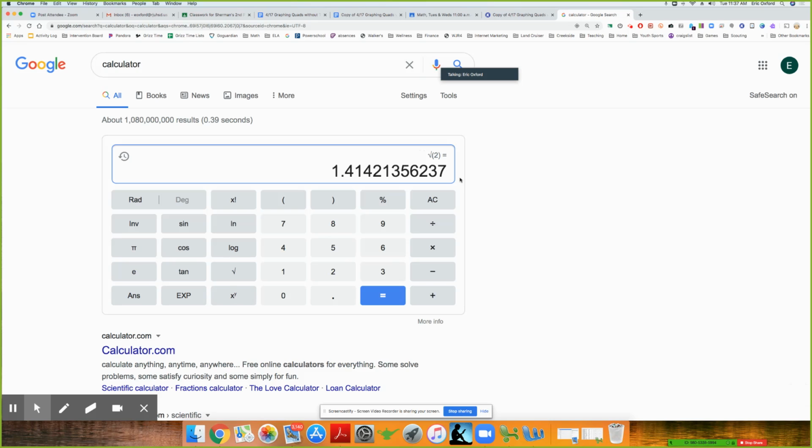1.414213562337, and so on. It doesn't, nothing repeats. Like you don't get a 4-1, 4-1, 4-1, 4-1. You just don't get that. So, for instance, if we did like 11 divided by 7,